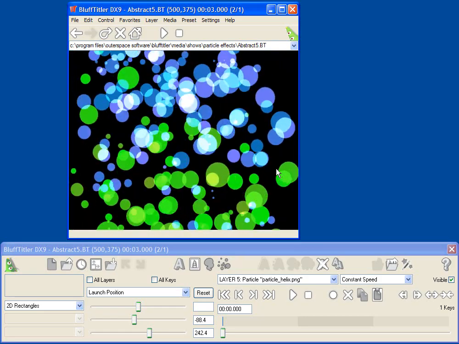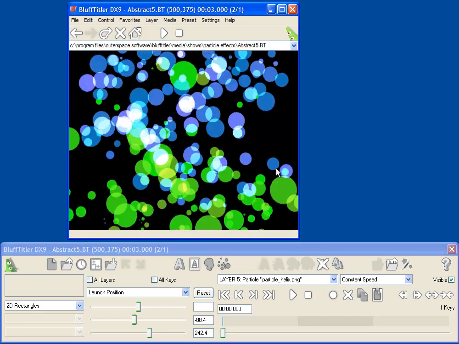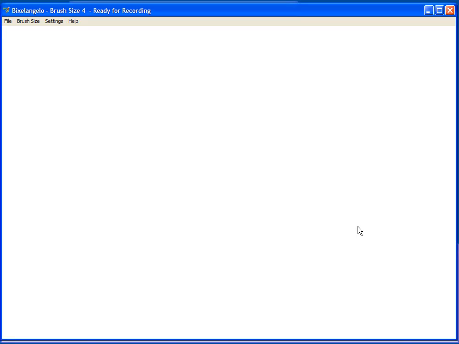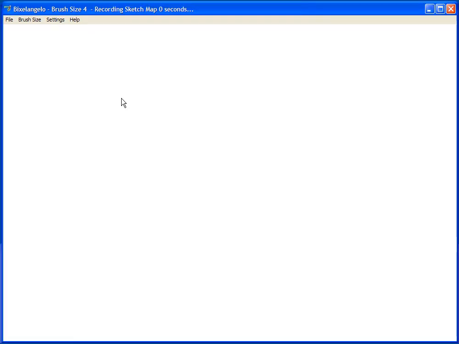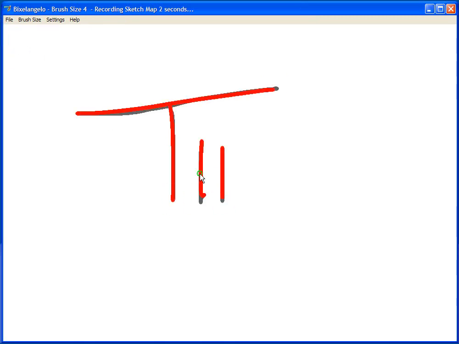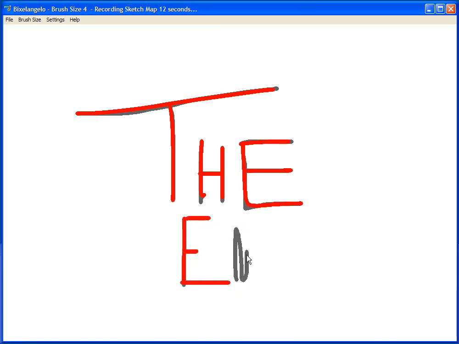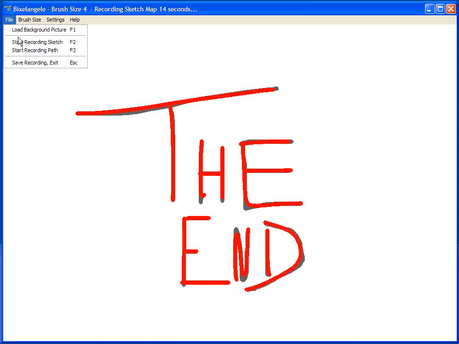There are two cool add-ons for BluffTitler that I wanted to show you real quick. The first application I want to show is called Pixelangelo, and this is an application that lets you create sketches that you can use in BluffTitler. So let me just show you a quick example. I'm just going to kind of draw in some text with my mouse. If I were using my art pad, this would be a lot better. But I can do a quick sketch, write the words, the end. And now, if I save this out,